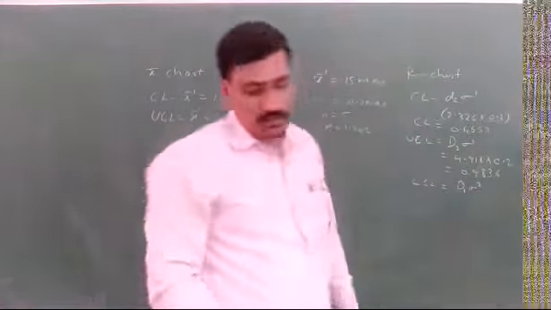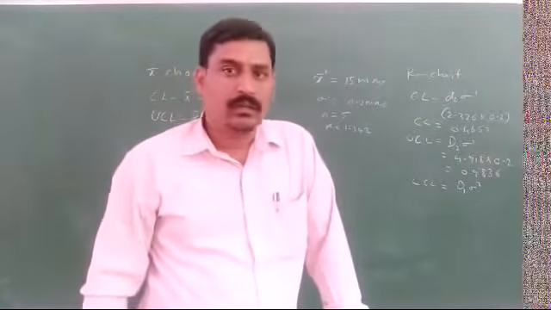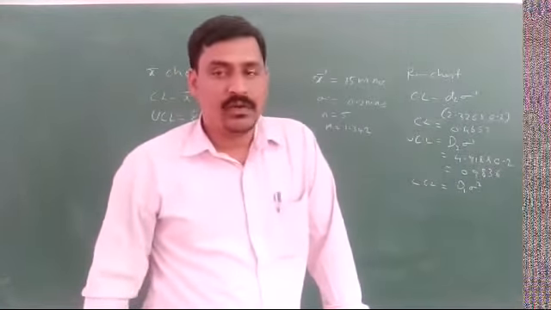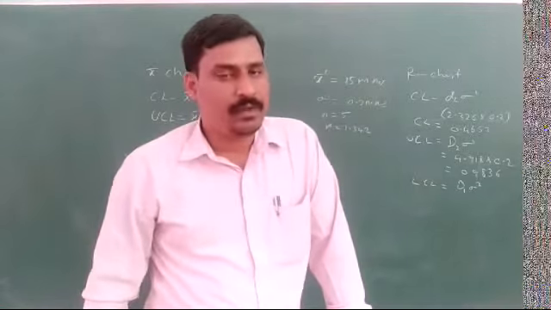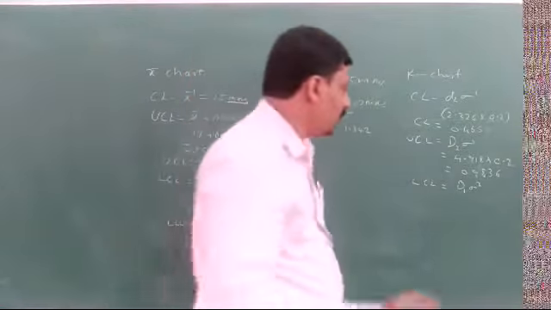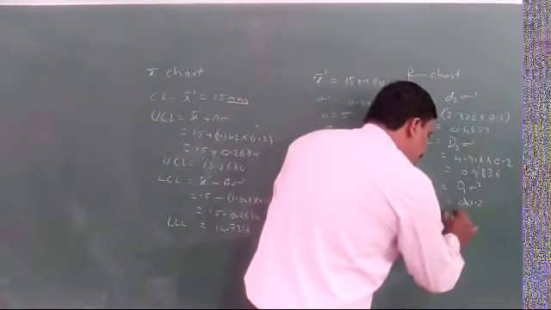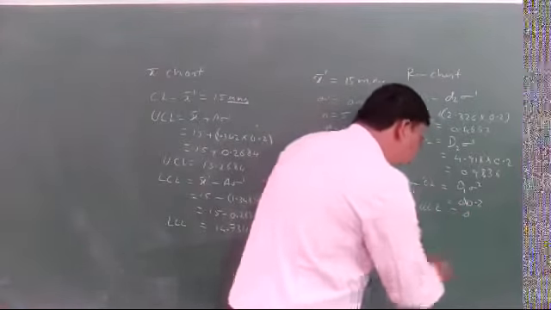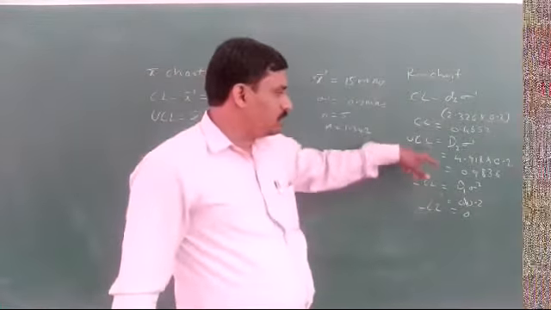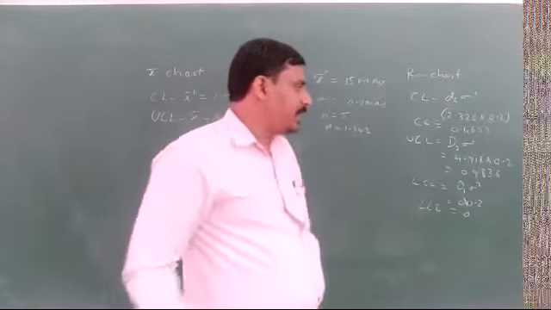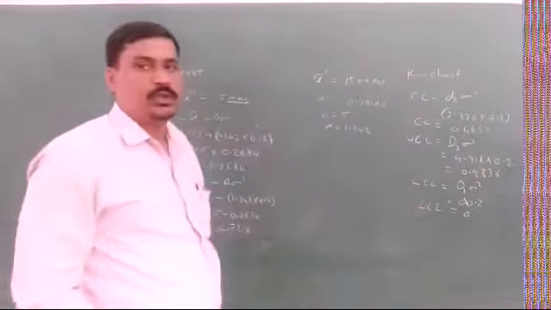So the D1 value here, for sample sizes up to a certain point, is 0. For samples 4 and 5, the D1 value is 0 here. So the lower control limit is 0 into 0.2, that is 0. So the lower control limit for the R chart is 0, and the upper control limit is 0.9836, and the central line is 0.326.